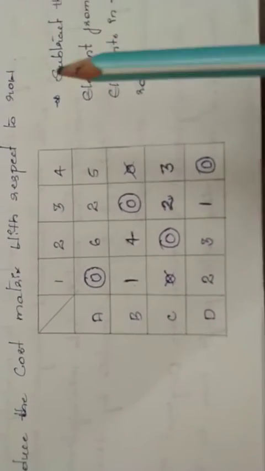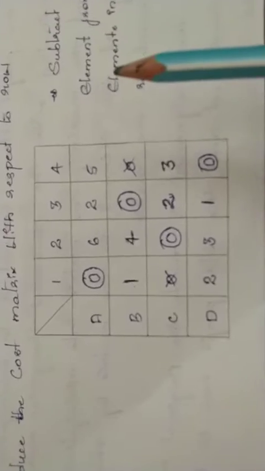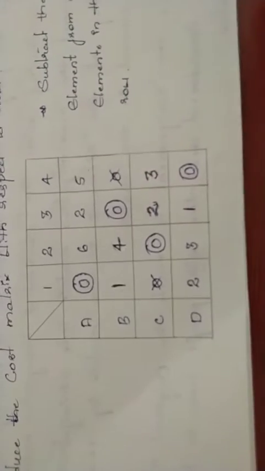Okay, now we'll go with the assignment step. Once you reduce the matrix with respect to row and with respect to the column, the next step is nothing but doing the assignment. Now the assignment will be done with respect to the row first. After completing all the rows assignment, next we will move to the column-wise.